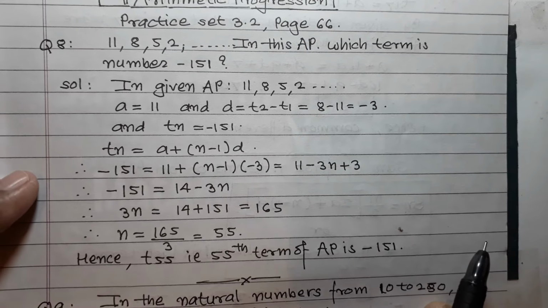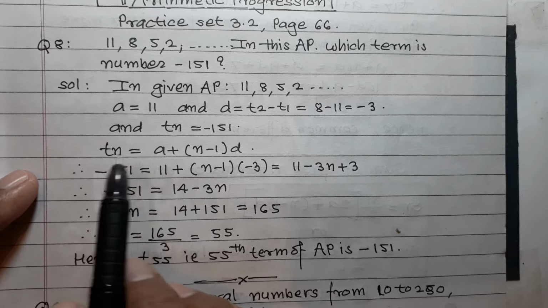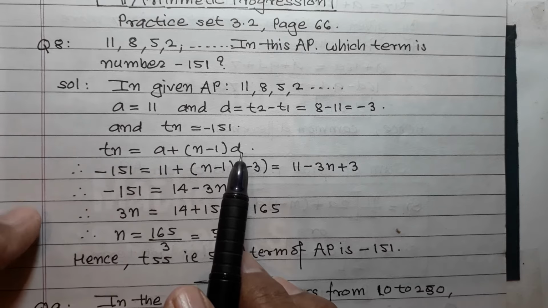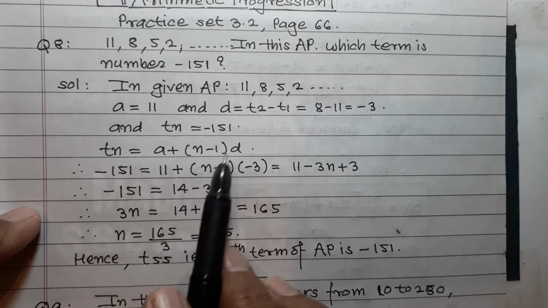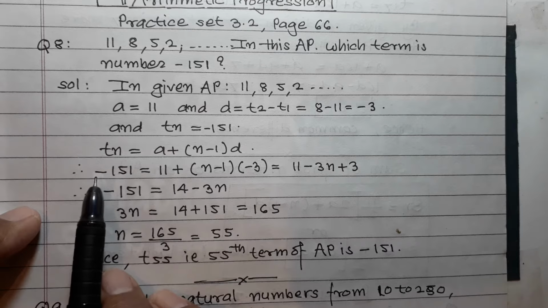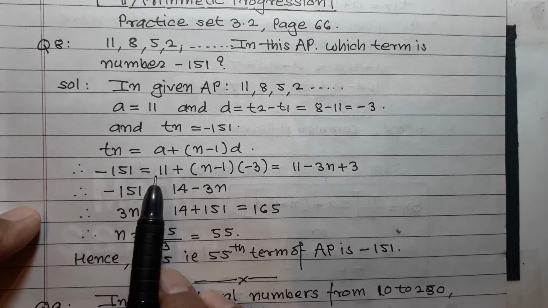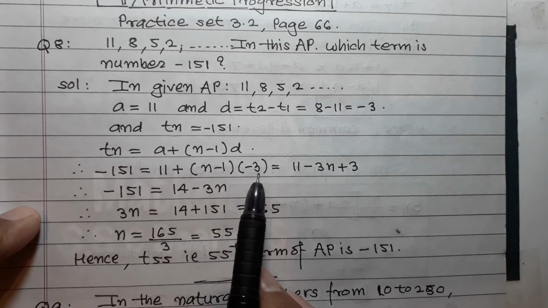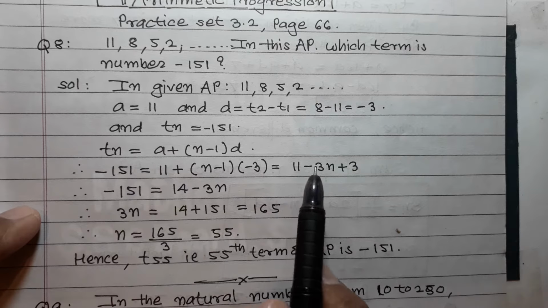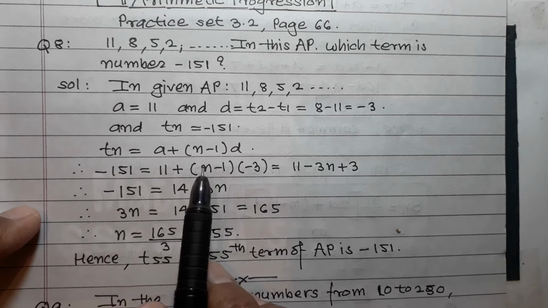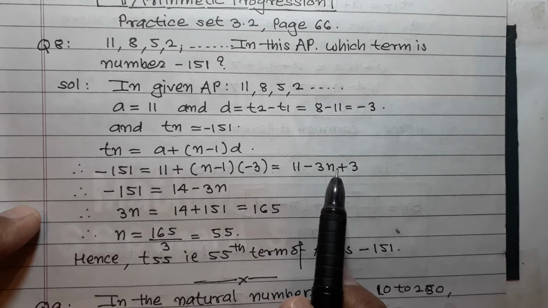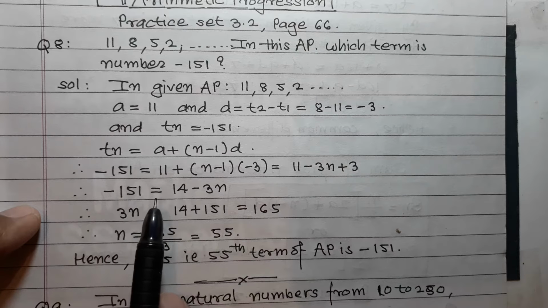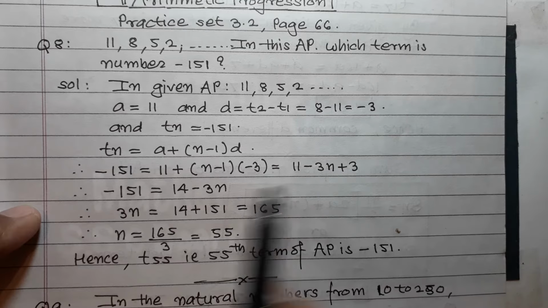Okay, then write your formula for Tn. Tn is equal to A plus n minus 1 into D. Then substitute values. So Tn, which is minus 151, is equal to 11 plus n minus 1 into bracket minus 3. Then you multiply inside: minus 3n plus 3, and therefore minus 151 is equal to 11 plus 3, 14